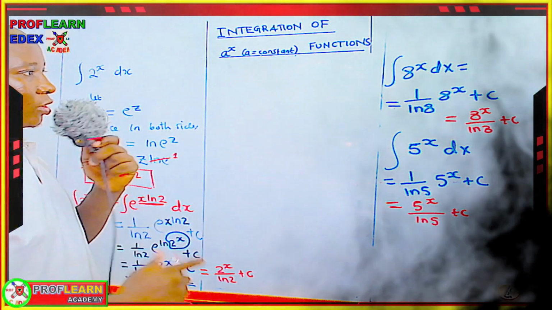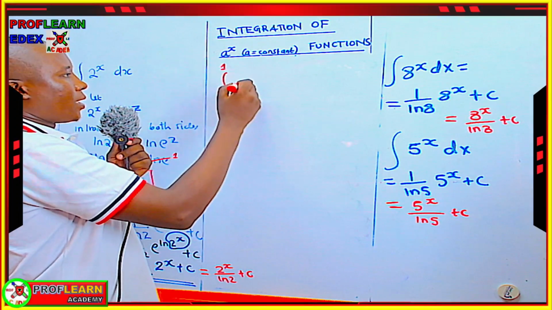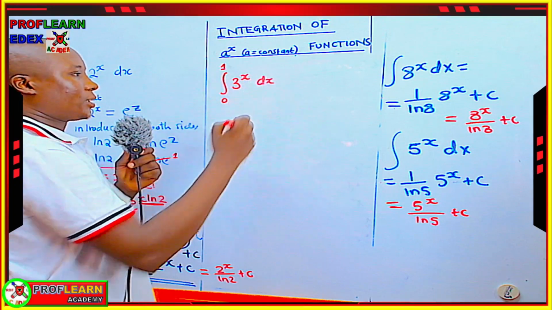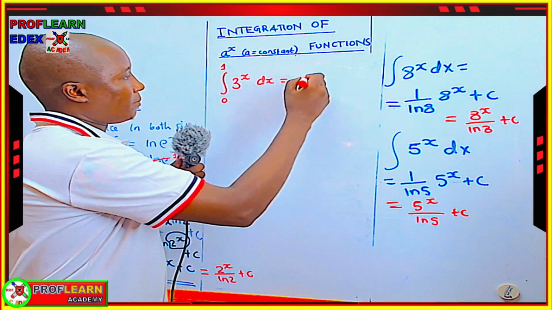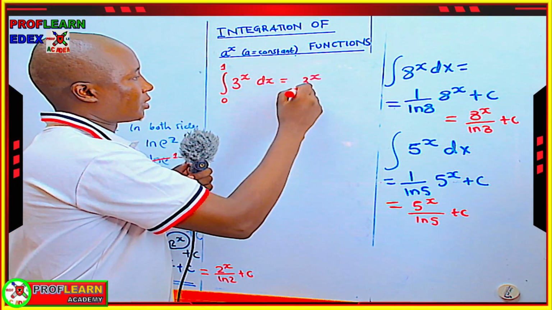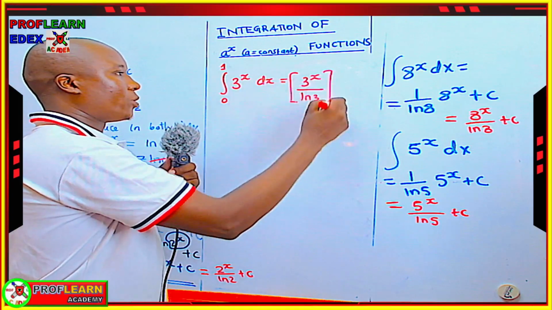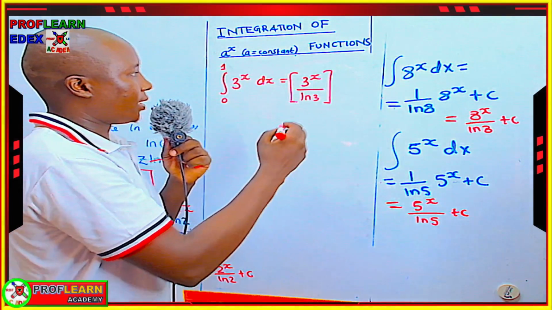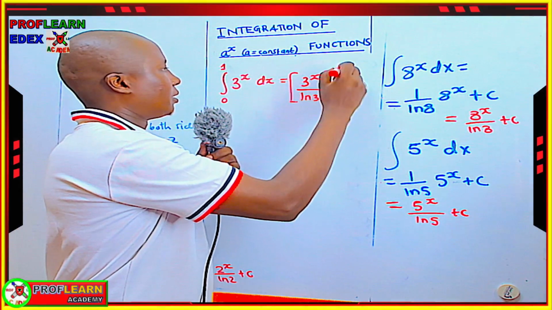Now, in the event you are given the integral from 0 all the way to 1 of 3 to the x with respect to x, then of course we have seen that this is going to become 3 to the x over ln of 3. We are not going to include the constant because we were provided with the limits. So we are going to say this is going to be 0 and this is going to be what? 1